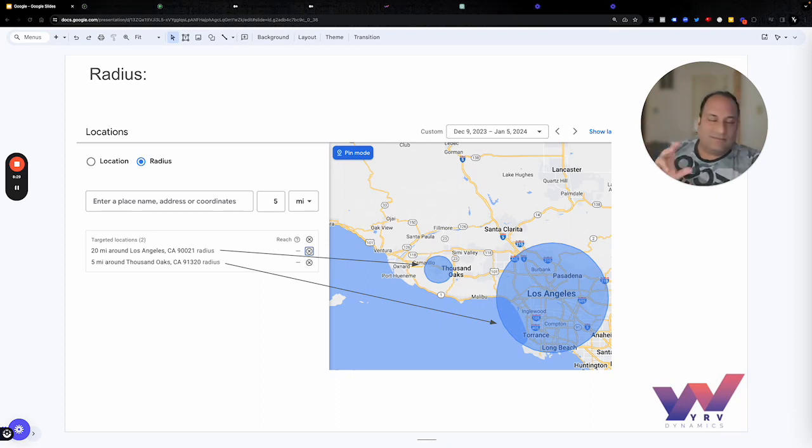You're not at the mercy of just finding the zips or finding the city itself and then trying to narrow it down. So the radius thing really comes in handy. I probably use this more than I use the other ones. And then